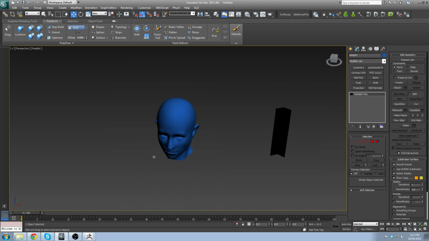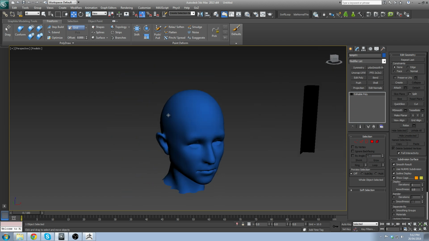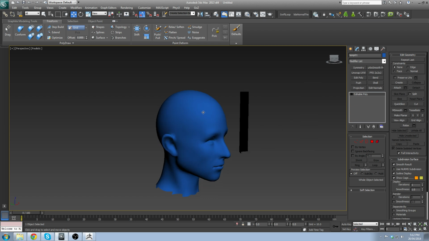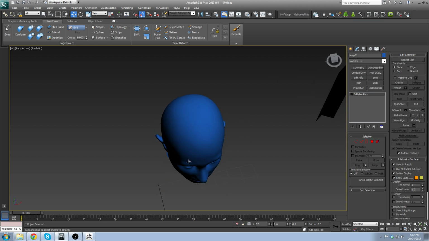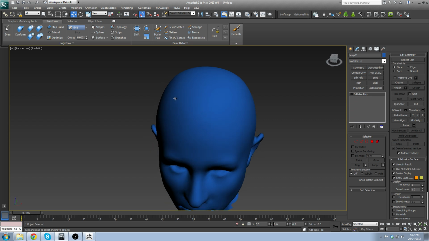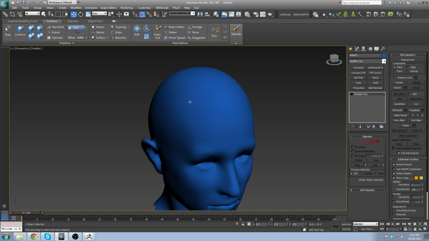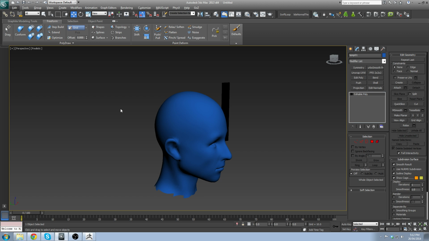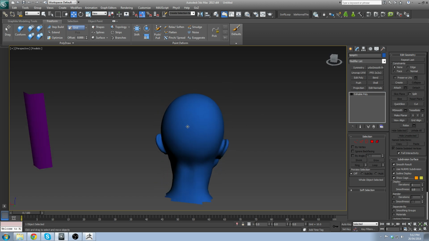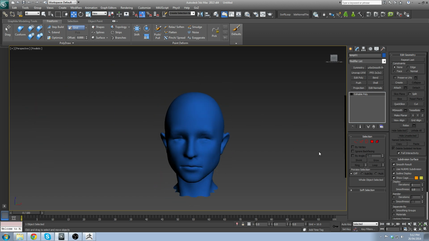the head. I prefer to create geometry that's gonna be used only for where the hair is gonna grow, and because this way I'm gonna be able to manage and create some parts, different areas that I'm gonna be able to select really quickly, and it's gonna be easier for